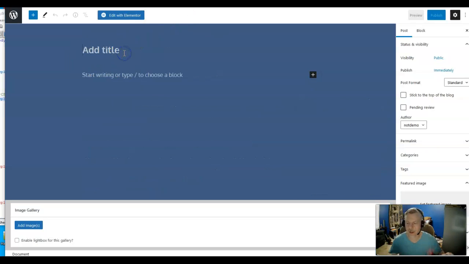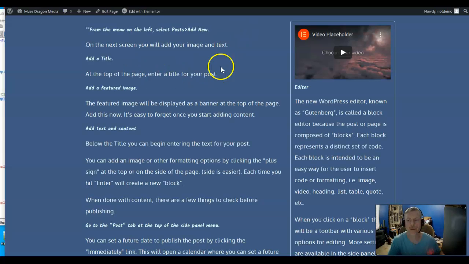So let's just go in and add a title. Up here in the input where it says add title, we're going to go ahead and type something in. What are we going to do? More news. And on your instructions, the next step that I put on here is to add a featured